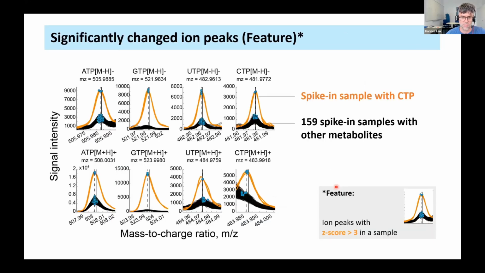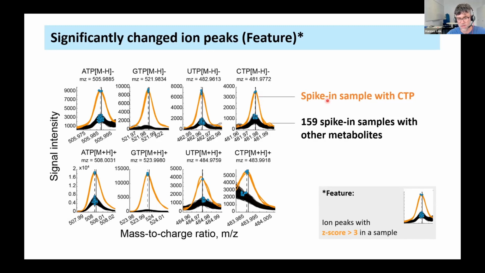This is shown a bit better here for nucleotide triphosphates. And you see that it actually works pretty well. What you see here is again the mass to charge ratio, and then the signal intensity. And then we always zoomed into the ion peak of the respective metabolites. Let's take the example of CTP. Here is CTP in the deprotonated form. This here is the expected mass, and you see this again here. And the dashed line is the common mass to charge ratio.